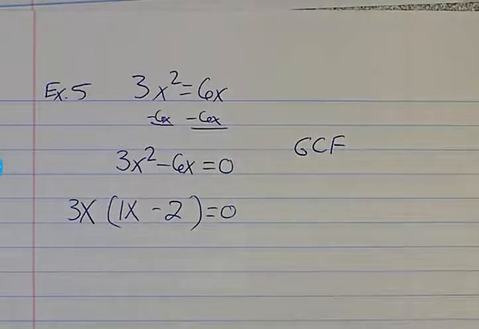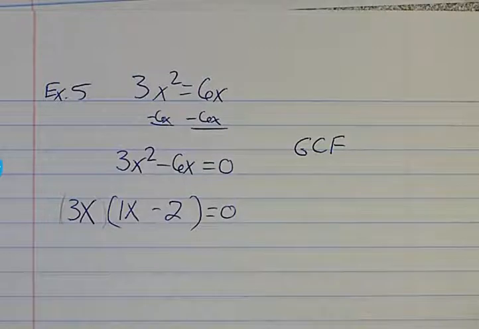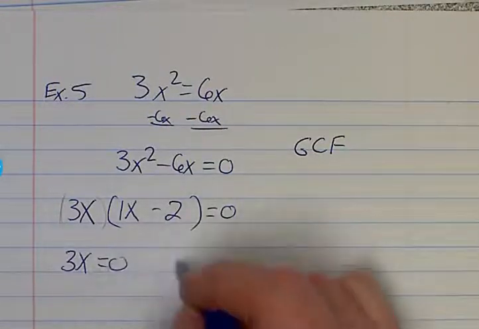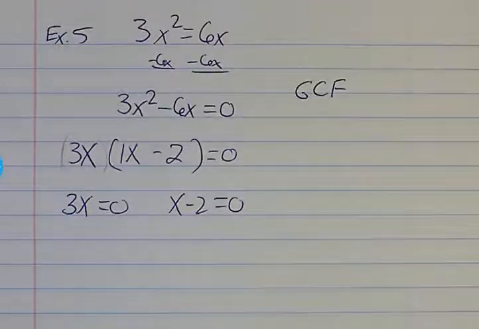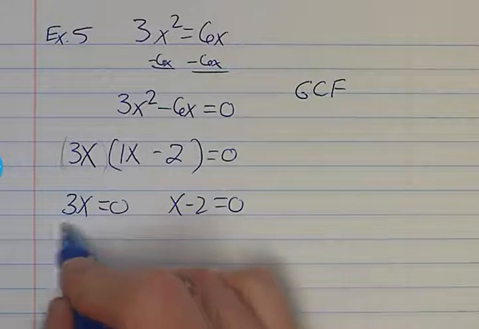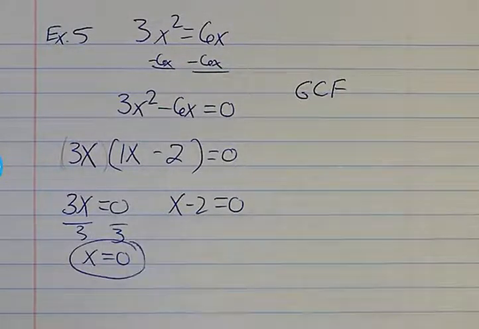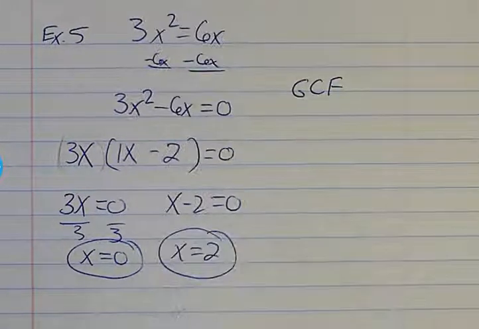And when you do that, technically, and it's not written this way, but technically that 3x is in parentheses, so that would be 2 sets of parentheses. So then you can set the 3x equal to 0, and then do the x minus 2 equal to 0. Divide by 3, doesn't matter because you have 0. Doesn't matter if you take 0 and divide it by 3, it's still just 0. For this one, we would add 2. Get x equals